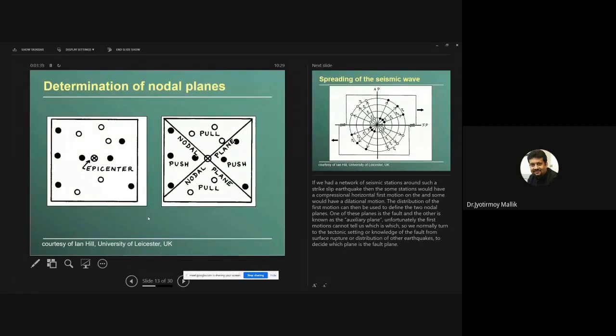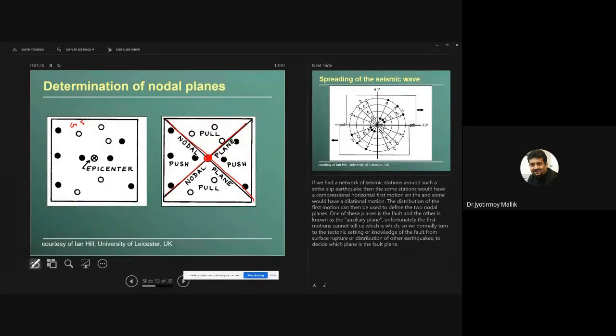Okay, so this is the example that I was just talking about. So this is your ground surface, right? And these are all your seismometers. So what I would do, I can divide it into, so this is one plane that I can draw, and this is another plane that I can draw. That would divide my compressional and extensional areas on both sides. Okay. By the way, wherever these two planes meet is my epicenter.